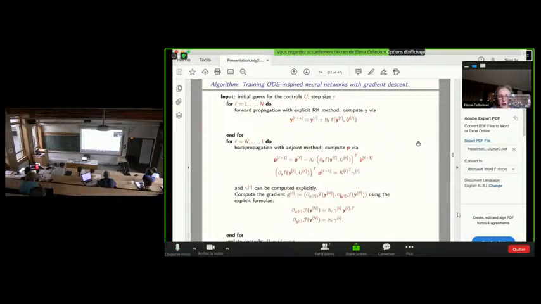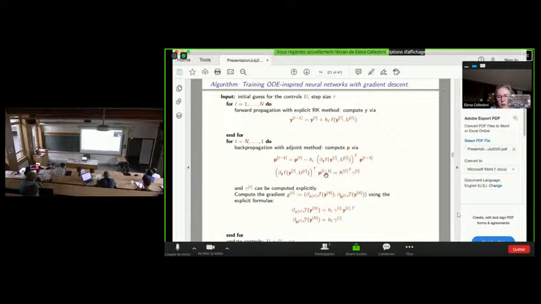Okay, so how does the algorithm work? The algorithm works as follows. You have your forward propagation here. Again, the example is the forward Euler, but you could use your favorite explicit Runge-Kutta method.